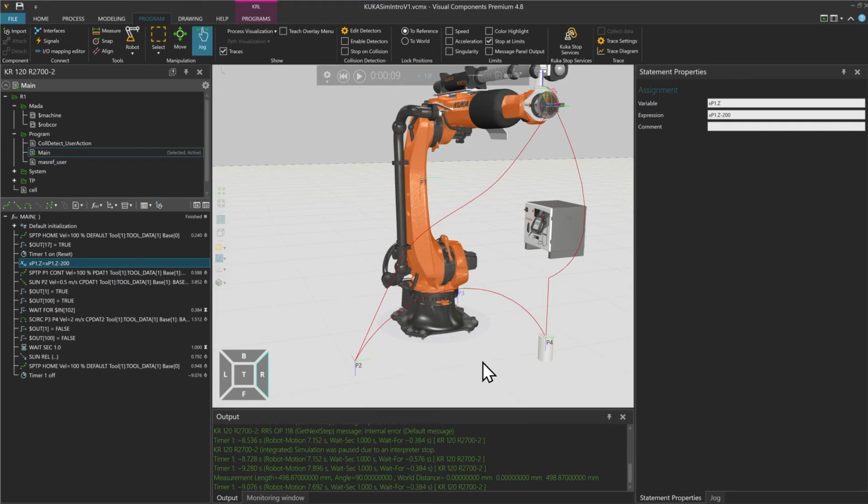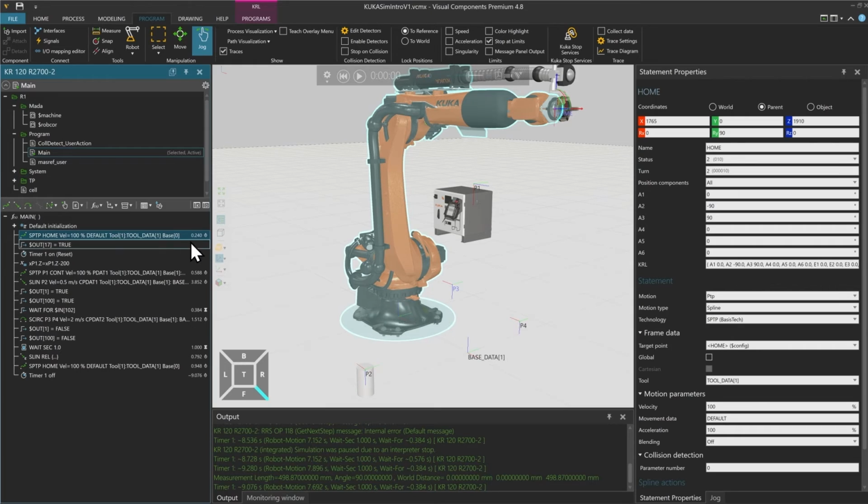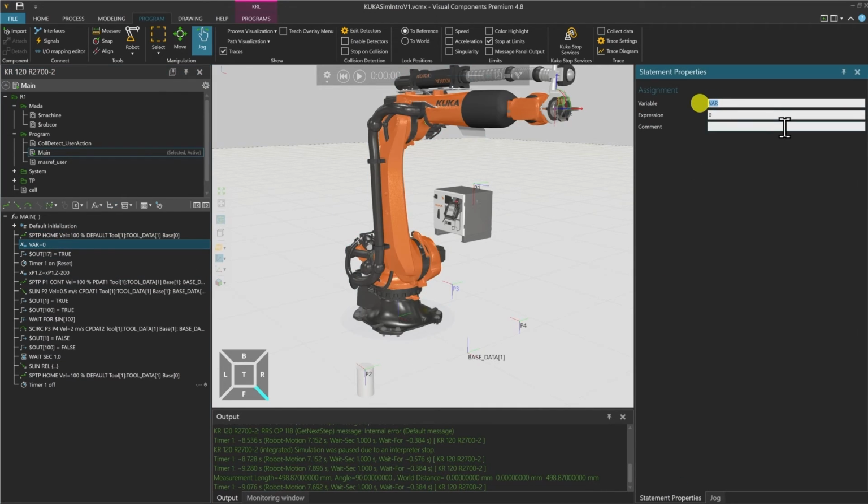So this is the next thing that we are going to do. Remember, we positioned our base 1 on the floor before the robot. So I'm just going to visualize that. So robot base. The base 1 is here. And now what we're going to do is write another assignment after our home position, which is still in base 0. We're going to go to another assignment and say here the position of my base 1. So base data 1 dot x will be my base data 1 dot x plus 200.